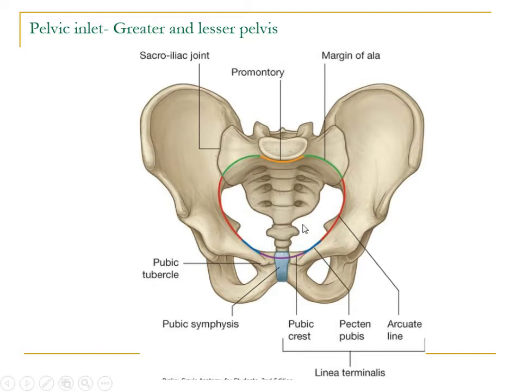Anteriorly, this bony framework is covered by the anterior abdominal wall. So it is the false pelvis, whereas this true pelvis is completely enclosed by bone and contains the pelvic viscera, which consist of the rectum and the urinary bladder in both male and female, and additionally the uterus in the female. That's why it is known as the true pelvis.